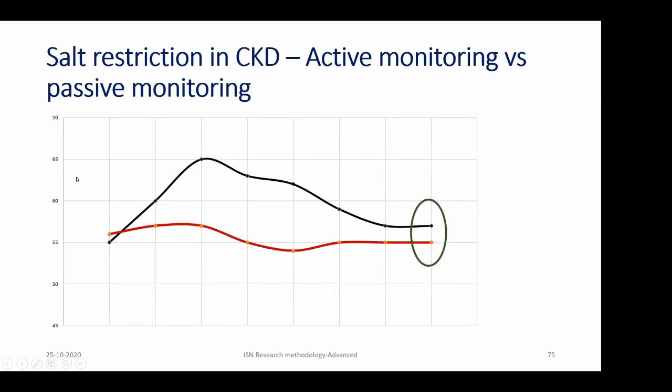The other extreme scenario is an active monitoring versus an educational intervention to see the compliance with the salt restriction. So the moment you start the intervention, the compliance goes up and it gradually decreases over a period of time. So here, if you take the data at this point, you might end up not noticing a difference. But in the other two scenarios which I described, the final data probably might be important. But here, actually taking the final data, you might end up concluding that this is not going to work. But this is simple human behavior which has actually shown a change over a period of time.